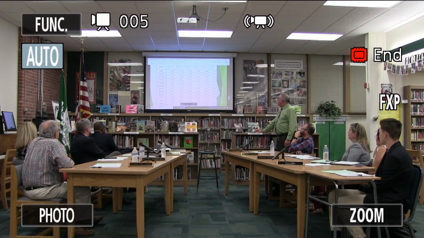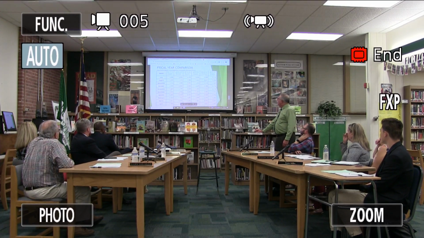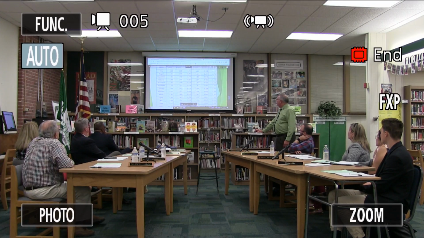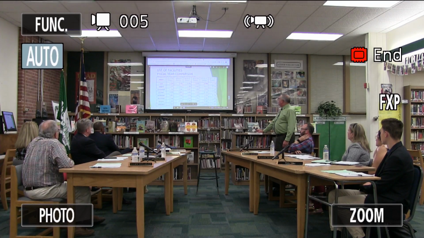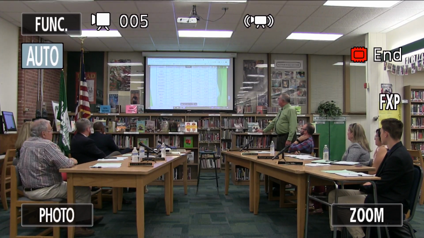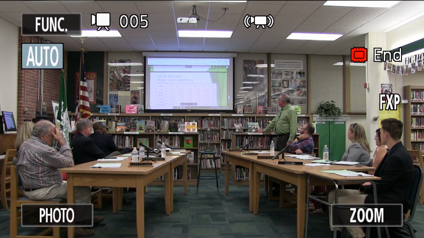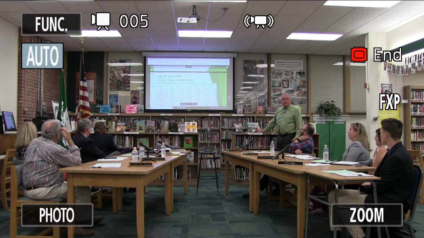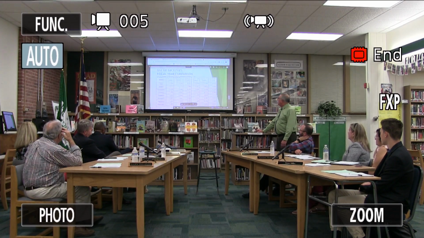This is our use of facilities from Community Ed, and they go back to 2012-13, and we don't have their 18-19 data yet, but we're up through 2017-18. And you can see that each year we're increasing the total number of events up to 28,446 at the end of the 17-18 school year. 28,000 events? Different events that occur. There's your events by months. I mean, it's almost unthinkable when you look at those numbers.